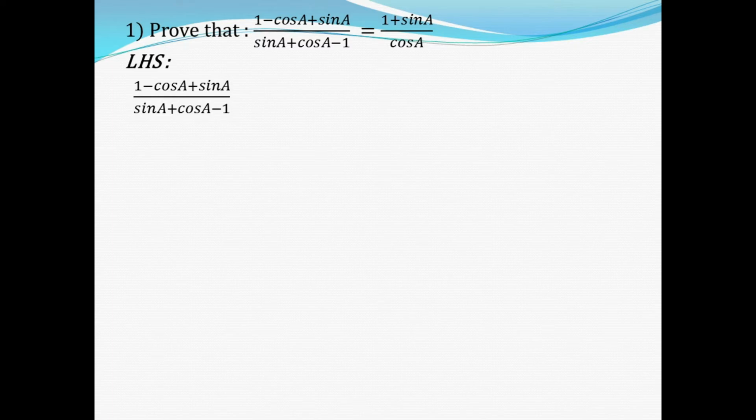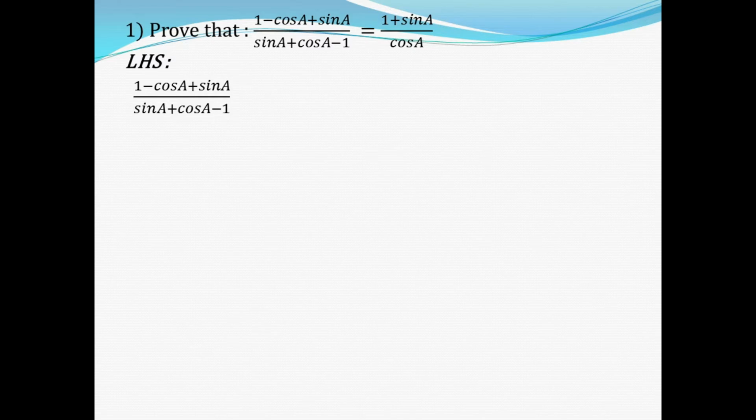The reason is the other two trigonometric identities are 1 plus tan square A is equal to secant square A and 1 plus cot square A is equal to cosecant square A. Now I am going to take the tan and secant based identity. Now what is secant A? It is 1 by cos A. What is tan A? It is sin A by cos A. Both secant A and tan A have cos A as the denominator.